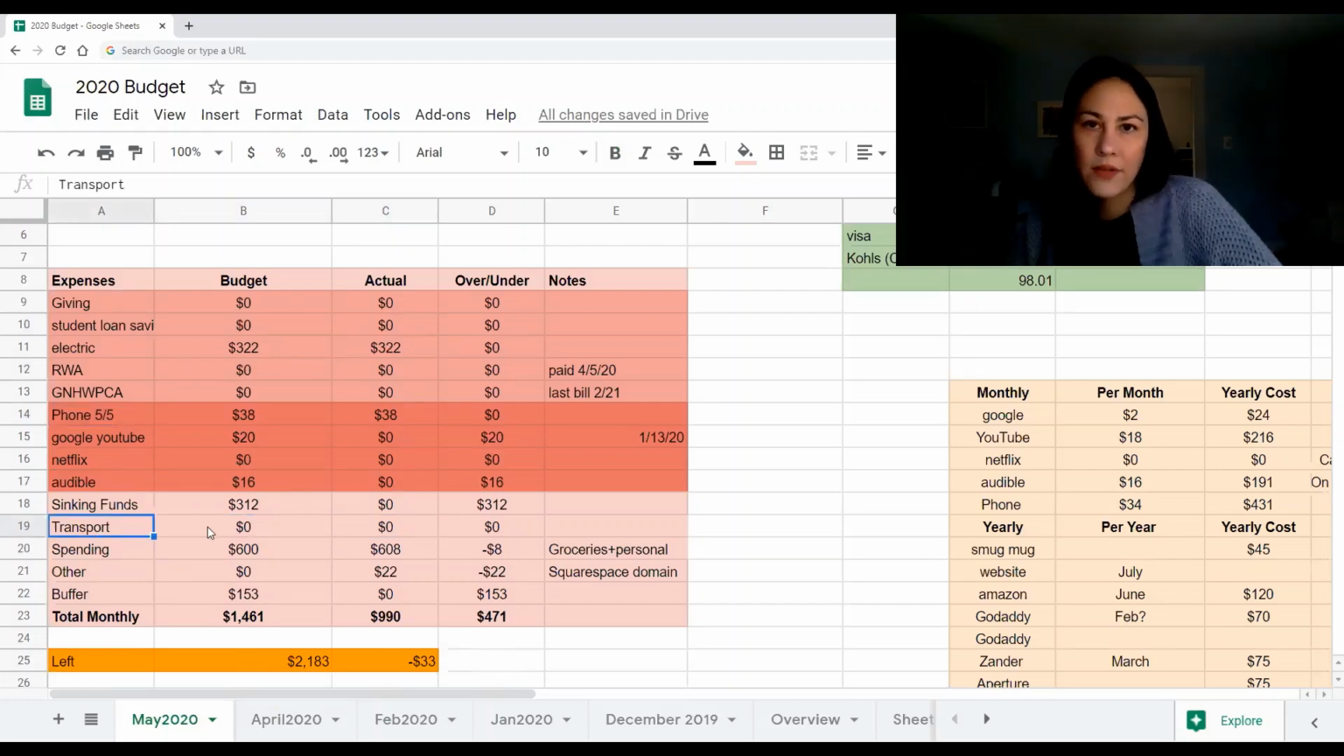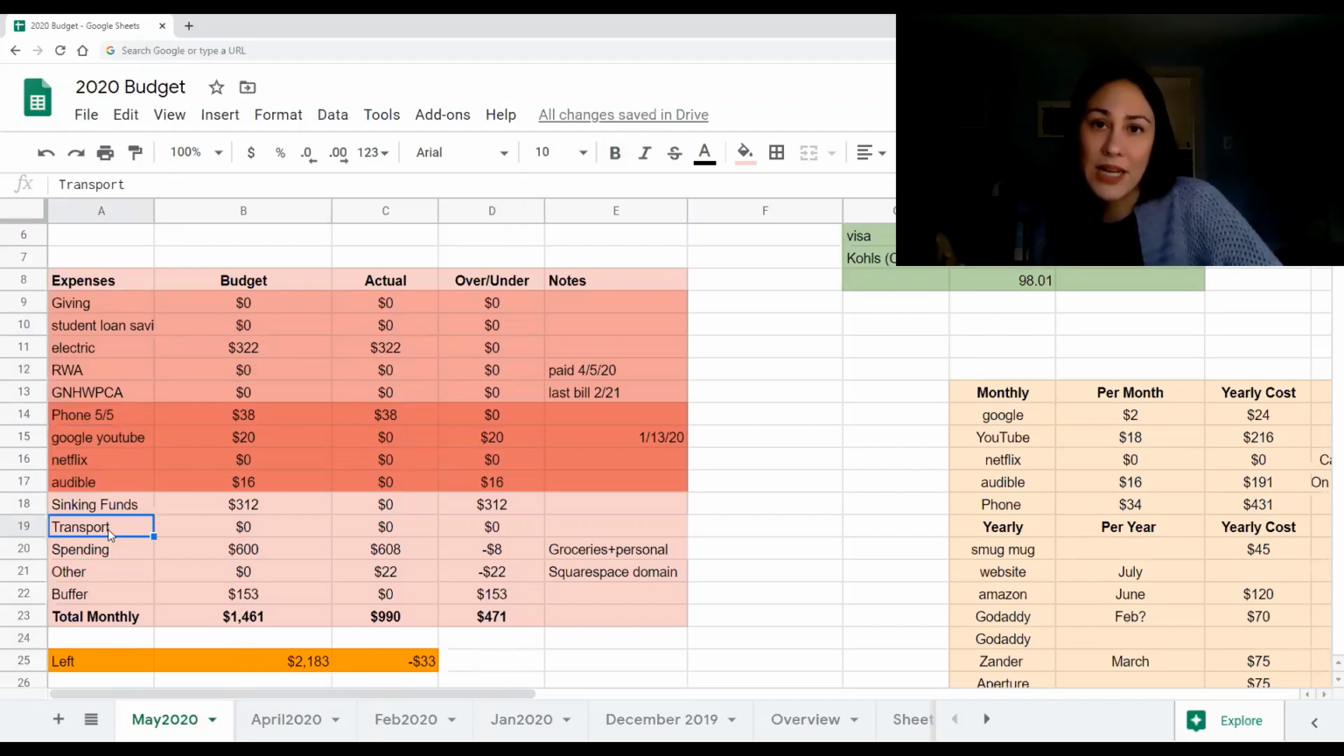Transportation, I don't have any transportation costs this month. I keep this because I don't actually drive, and sometimes I teach, and in order to get to and from class, I have to Uber. So on the months that I know I'll be teaching, I save money, or I allocate money for Ubering. And then my spending